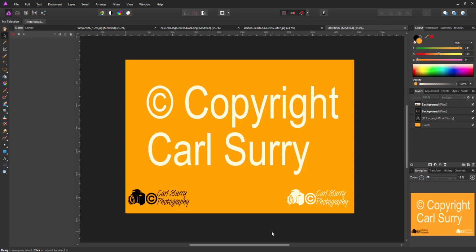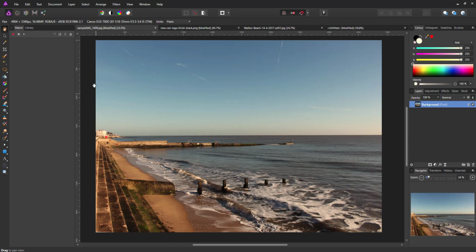And so that is basically the setup for different types of watermarks, whether it be a big thing like this, or a small logo, or a signature that you have ready made. Now, why I've done this on a separate document is that although you can record many things with a macro, one thing you can't record is the typing of text, but it will record pasting in something. So if I come back to my sample image here,